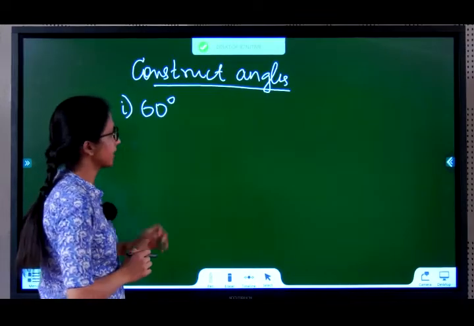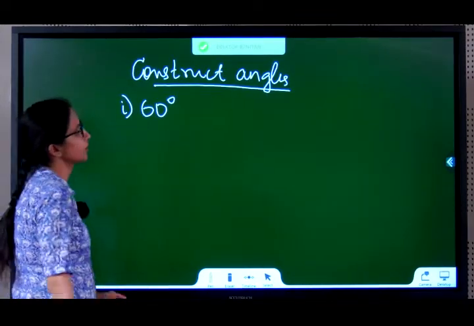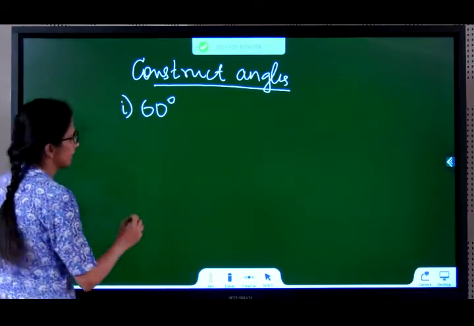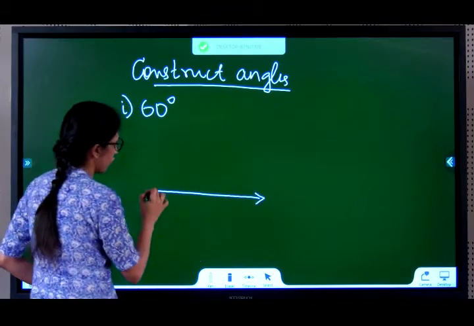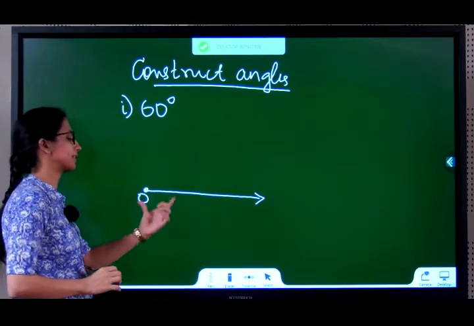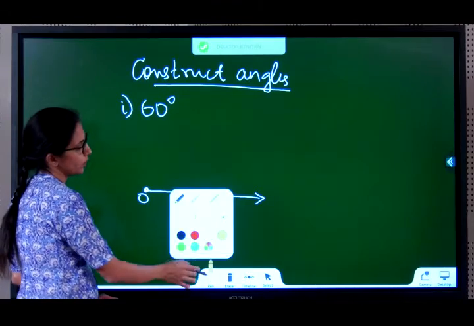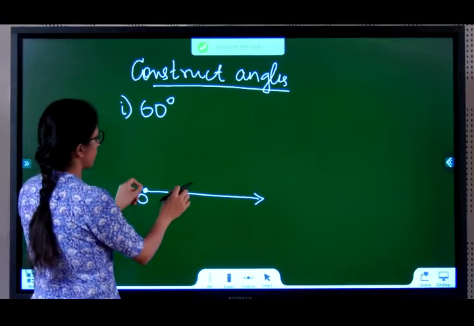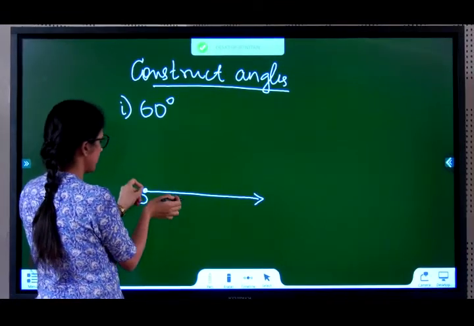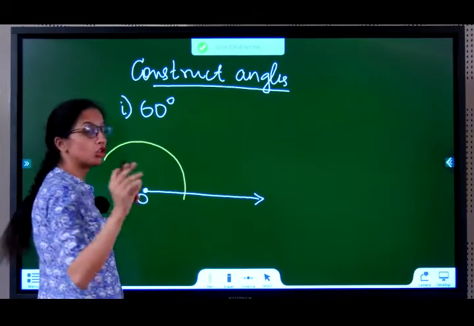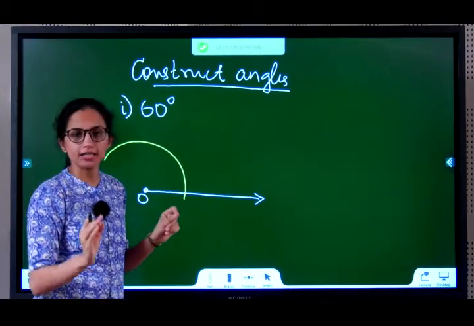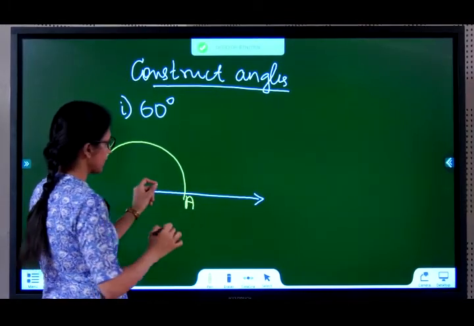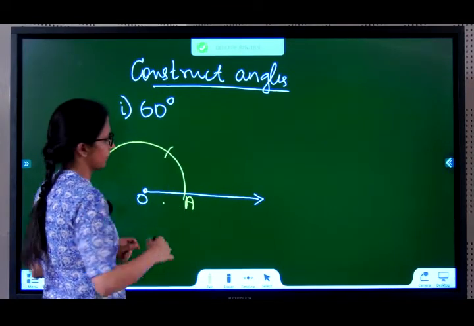Now we are going to construct angles. The first angle that we're going to learn is 60 degree. This is your most fundamental angle. From this only we construct other angles. So take a line from this point O. I have to construct 60 degree here. What are we going to do? Take your compass and take an appropriate radius, anything, so you can draw an arc that's visible. Keep your needle here and draw an arc. Do not change the radius. With the same radius now, keep the needle at A and cut an arc.